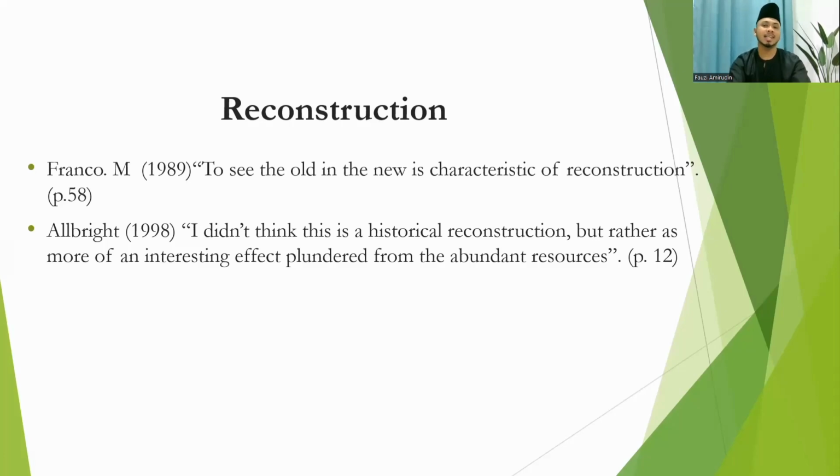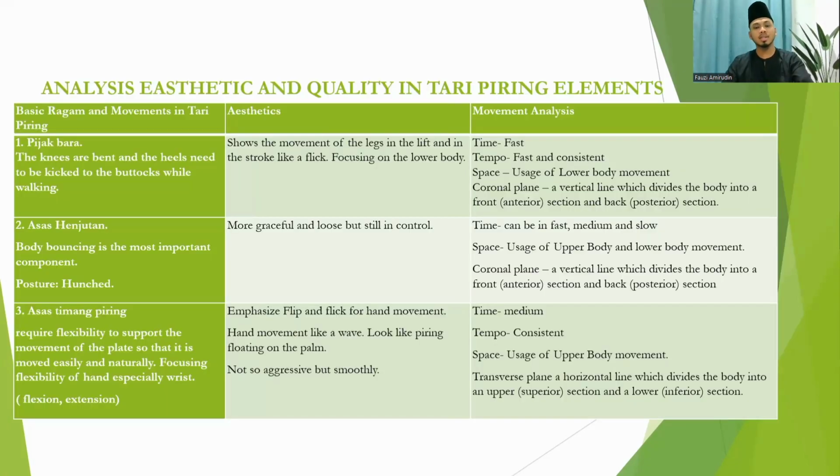form by making analysis. The figure below is the basic elements of the dance that I broke down and analyzed before reconstruction. Here, I'm using 7 basic ragam and movements in tari piring. First, pijak bara. The knees are bent and the heels need to be kicked to the buttocks while walking. The aesthetic shows the movement of the leg in the lift and in the stroke like a flick, focusing on the lower body. The movement analysis is time, tempo, fast and consistent, space, usage of lower body movement, and